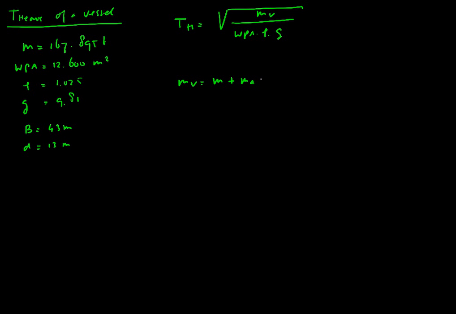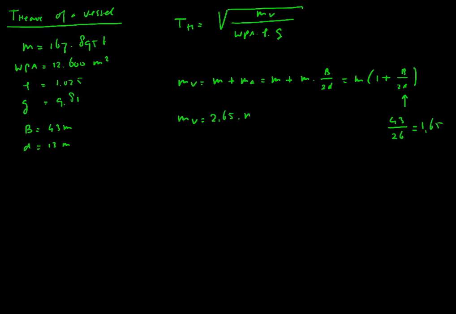Okay, well, let's start with the virtual mass, which is the actual mass plus the added mass, which is the mass times the beam to draft ratio. We could write it easily as the mass times 1 plus the beam to draft ratio. Well, let's find out what the beam to draft ratio is. That would be something like 43 divided by 26, which is 1.65. So the virtual mass is actually